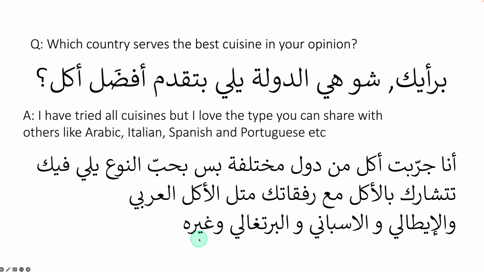Ghayro, by the way, means etc. This is something a lot of students asked me: how do I say etc. in Arabic? It is ghayro, which means etc. or others. So yeah, this is my genuine answer. I've tried different types of food, but I love the food that you can share. And equally, what if the person with you or your friend ordered a dish and then you regret ordering the one you ordered? Here is a win-win situation and you could eat their food. That's a good tip there. But you let me know, what do you think?